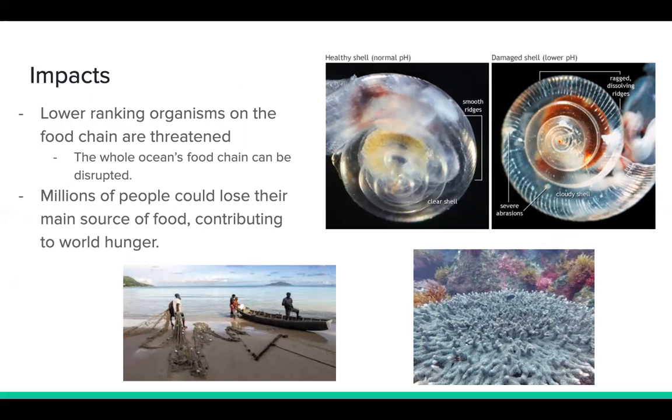There was a study done examining the effects of pH on pteropods, tiny sea creatures that make up the diet of whales, salmon, etc. When the pteropods were introduced to an environment with the pH and carbonate levels anticipated for the year 2100, their shells dissolved over a mere 45 days.